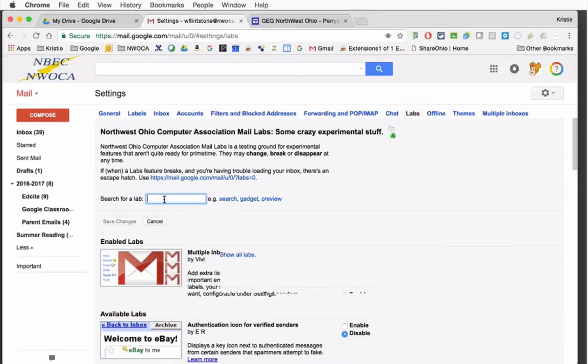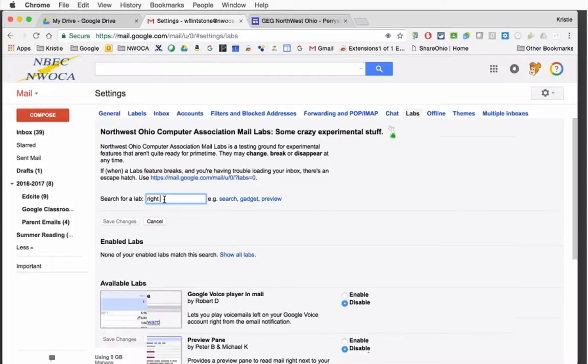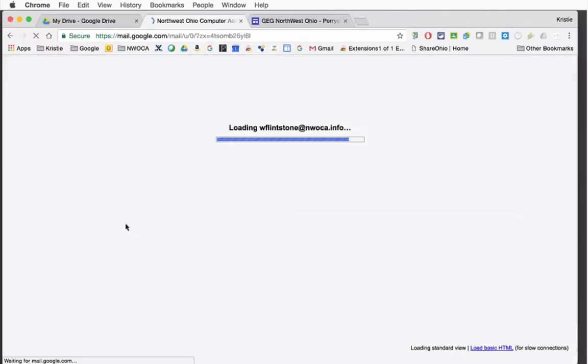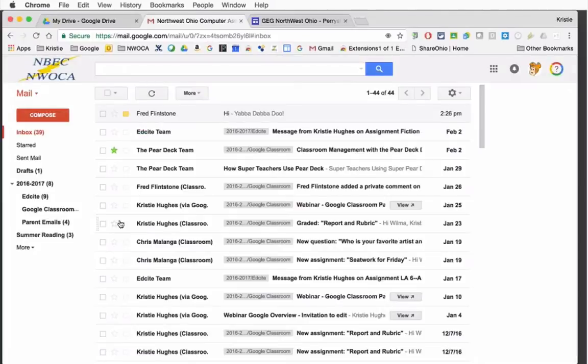And the first one is called the Right Side Chat. So if I just type this in, Right Side Chat, so here it is, and I'm going to enable it. When I enable it, I'm going to have to click on Save Changes. What that does on my main screen for Wilma, before my chat was located over here, and I didn't really like it because it kind of went over top of all my labels and all my things over here,